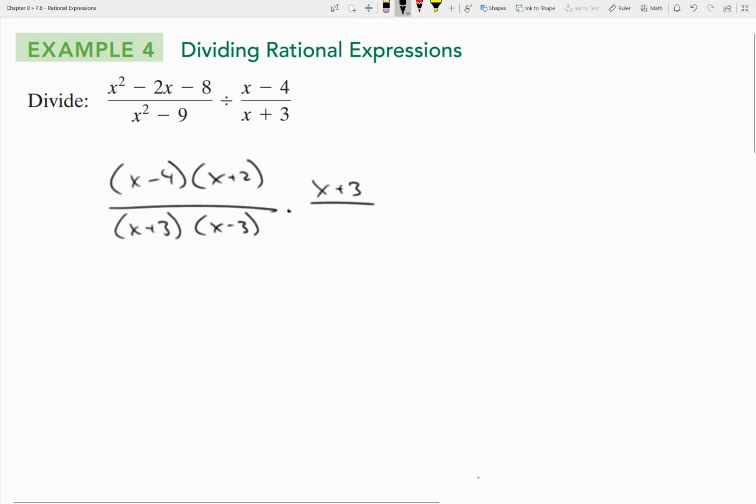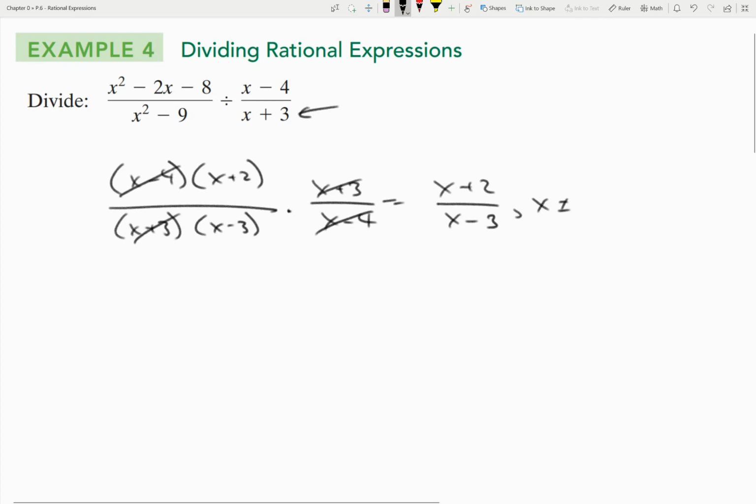So x plus 3 over x minus 4. Okay. And now the x minus 4 cancels out, the x plus 3 cancels out, and we're left with x plus 2 over x minus 3, comma, x is not equal to anything that made a denominator equal to 0 anywhere in this problem,